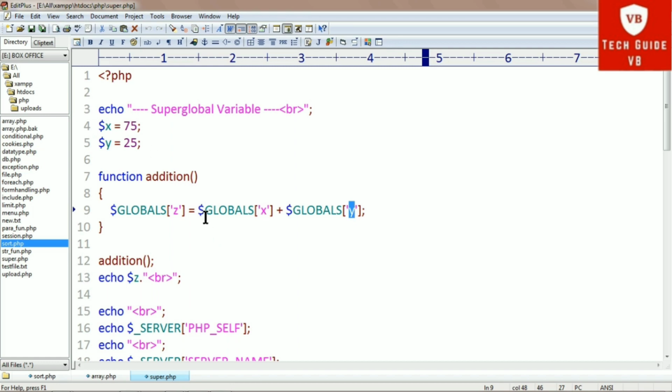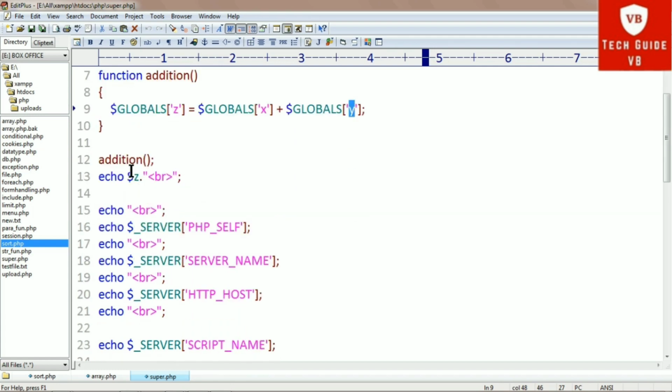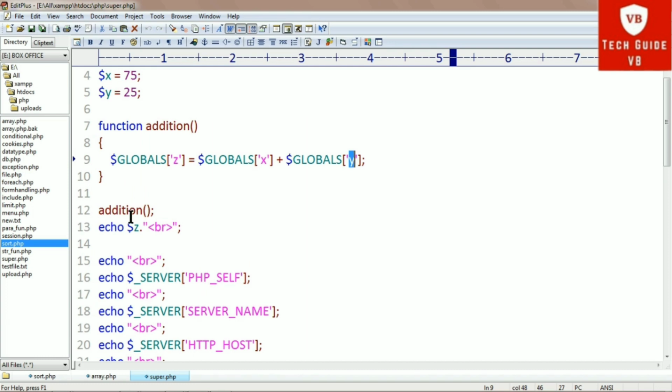So z contains the addition of these two variables.